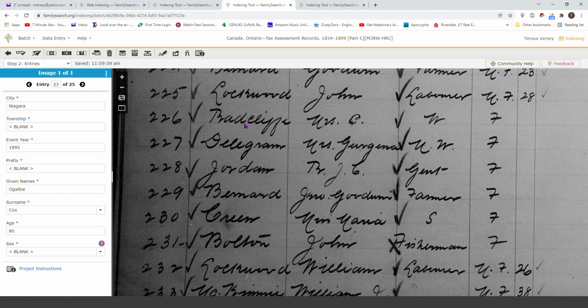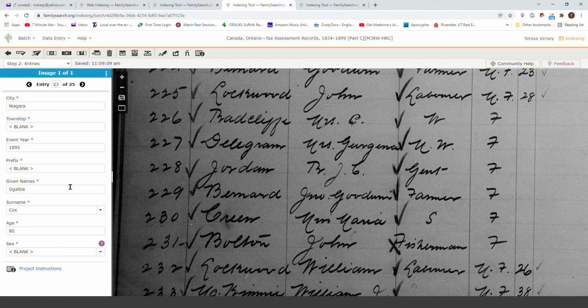Or you can take your best guess at it and go ahead and submit it, because people are checking these. You're not the only one. So it'll be you, and then there'll be at least 2 other people who check them and make sure that that's what they think it says too. So don't worry about it, okay?